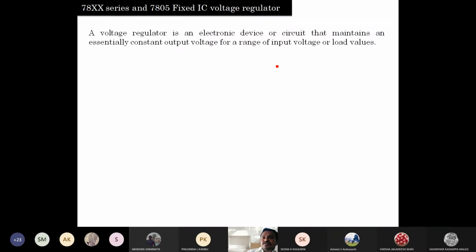As we observed in the Zener diode concept, it is going to produce the Zener voltage, which is constant. For any input voltage, the voltage across the Zener is constant. Hence, we use it in the reverse bias condition. A constant output voltage, the same thing is done by these regulators. The Zener diode is also called a voltage regulator. Not only the Zener diode, there are some other components in the field of electronic voltage regulators. They produce a constant output voltage, and this range depends on how much input voltage or load values you need.